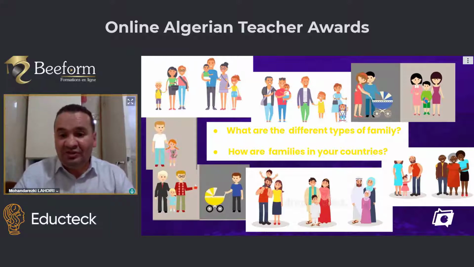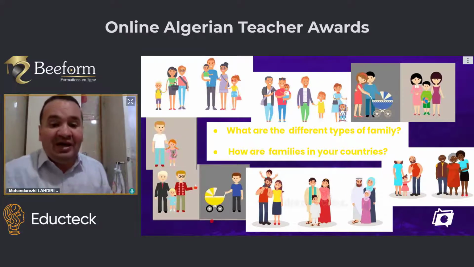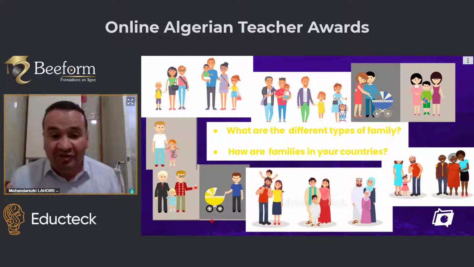As you can see here in the pictures, you can see here a big family. You have first grandparents here, and you have the parents here, you have the children. They all live together. And you can see here, for example, some other families here, like 2 women. Most of you would not agree about that. And you can see here a small family, a couple and their child, and some other different types of family. So here, discussions will be open for you and feed me back with the different types of family you have there in your own countries.